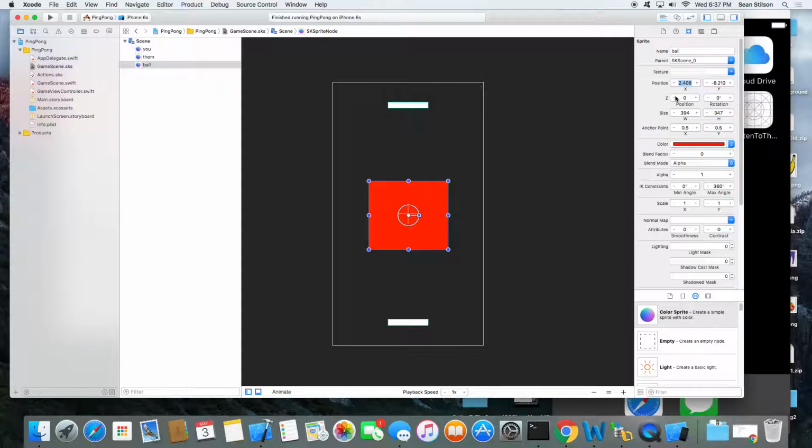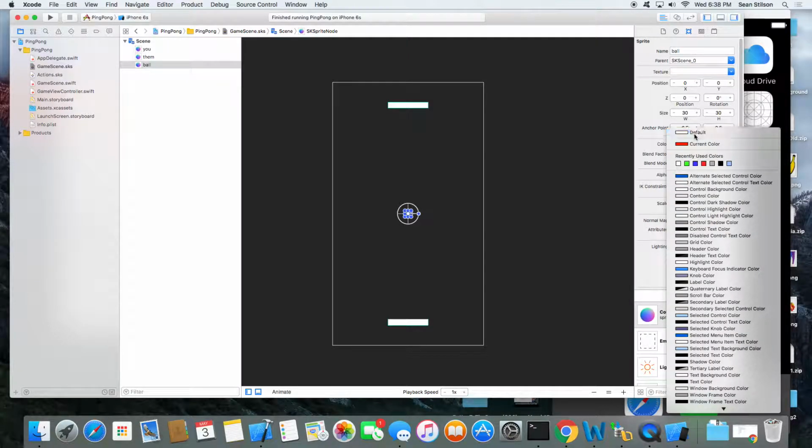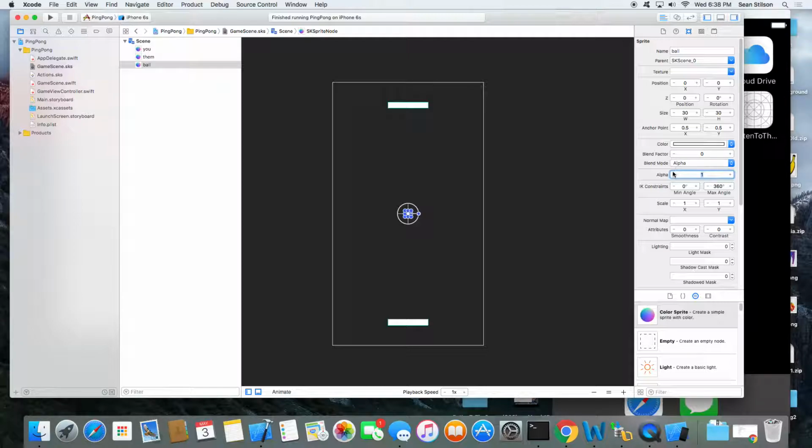Yeah, it could go through space. Right. All right, so position is going to be 0 in the X and 0 in the Y. Size width will be 30, height will be 30. Small ball. Yeah. Well, you'll see. Depending on how fast, we'll have various factors we can set that'll make it go faster and stuff. Color will be, we can just set it to white for now. Alpha 1, all right, that's all good.